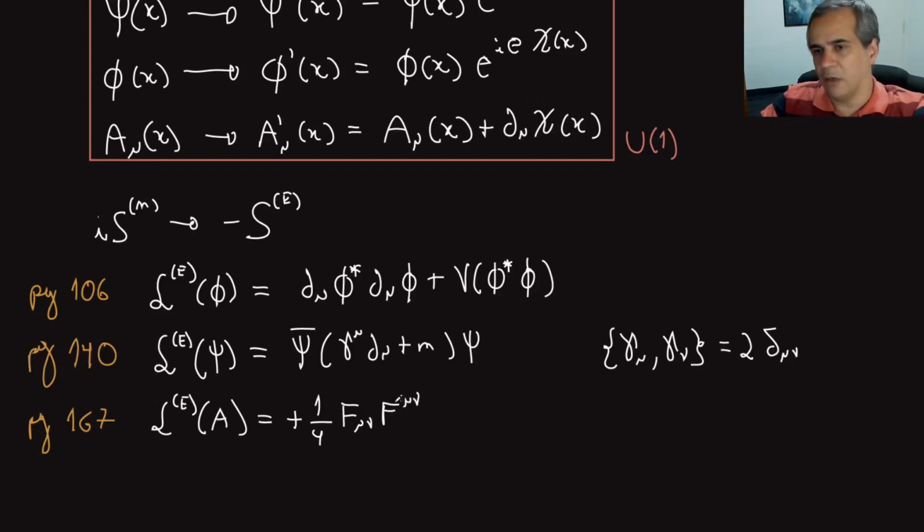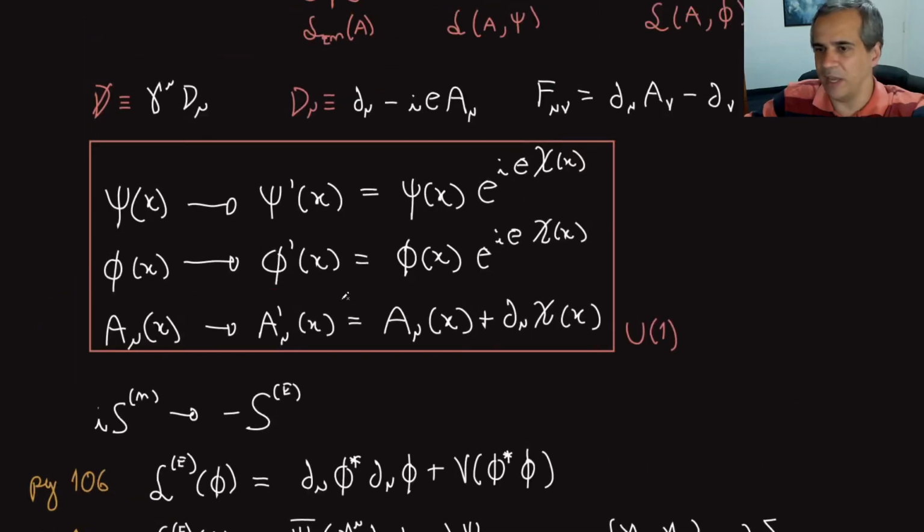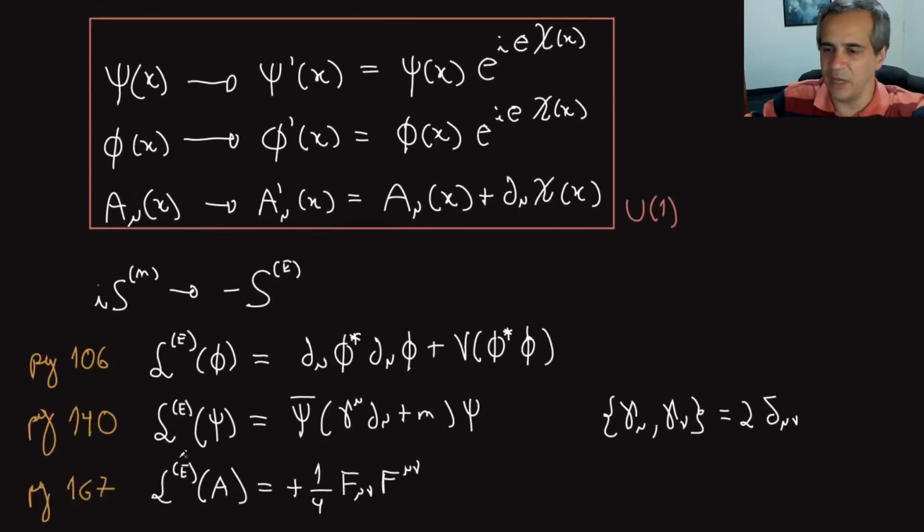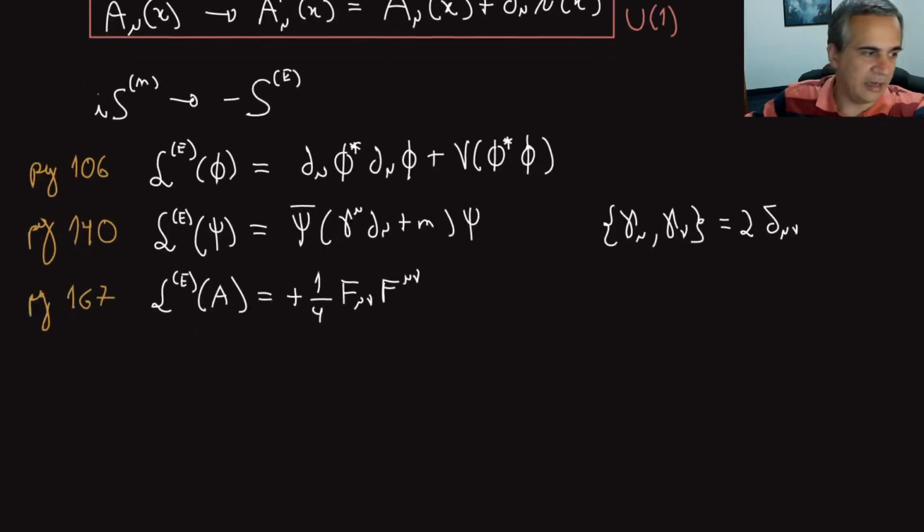The only new thing that I didn't do before is these terms that are linear in A, that appear in here and in here. Then you have some linear terms in A, in the electromagnetic field, that I need to spend a few